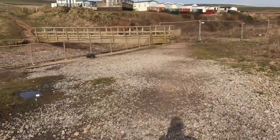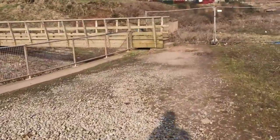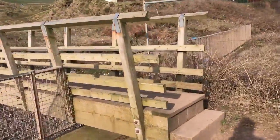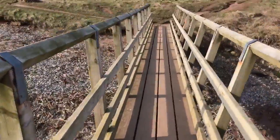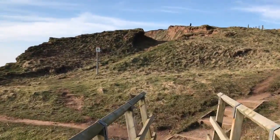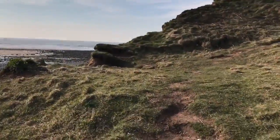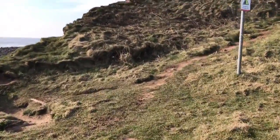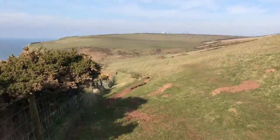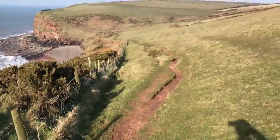Here we are. It's just started, just after 11, and the official signs of the Coast to Coast are up with Wainwright. So it's over this Ennerdale Bridge, and then heads into the sea. Okay, the first mile or so is very nice, just on this sort of easy path, slightly to the side,